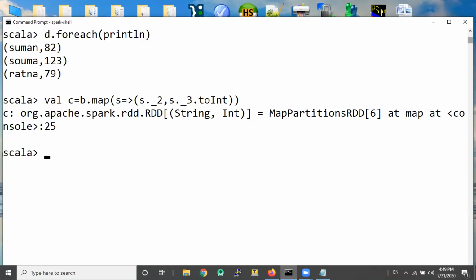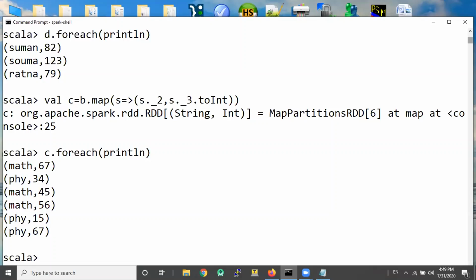There we have it. String, int. What have we taken? We have taken the subject and the marks. Let's print it. You got math 67, math 45, math 56, physics 34, physics 15, physics 67. We just want the maximum marks in each subject.